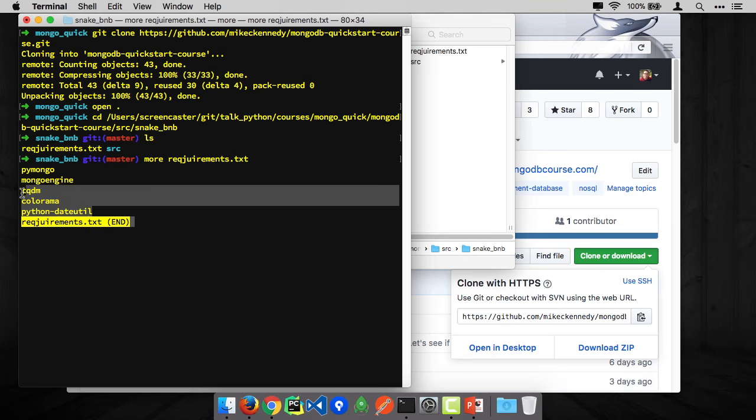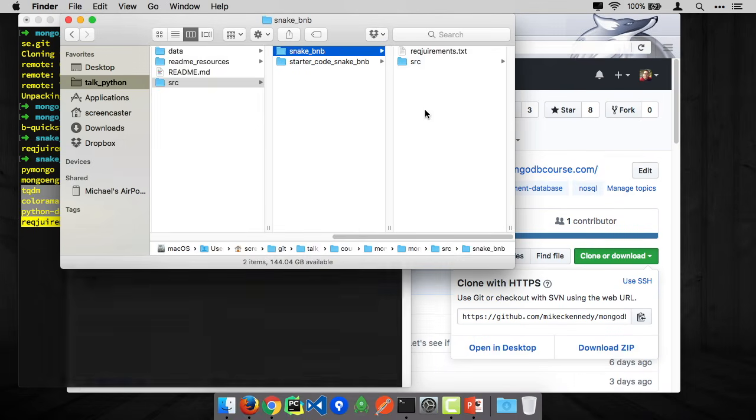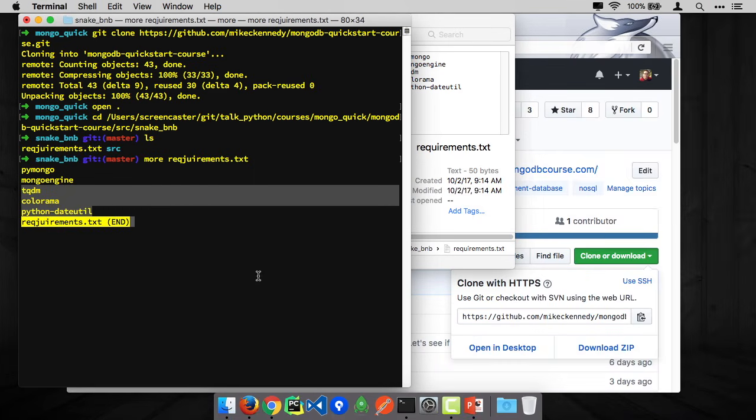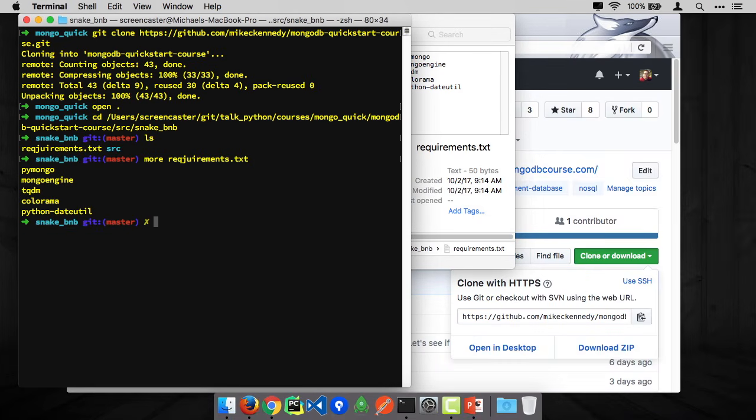some other random stuff for working with color output on the console, as well as parsing date times entered from the user. So we need these libraries, and we don't want to install them and manage them basically as a machine-wide thing. We would install them into our virtual environment. So let's go over here and first rename requirements. And we're going to go and actually create the virtual environment, and then we can install stuff into